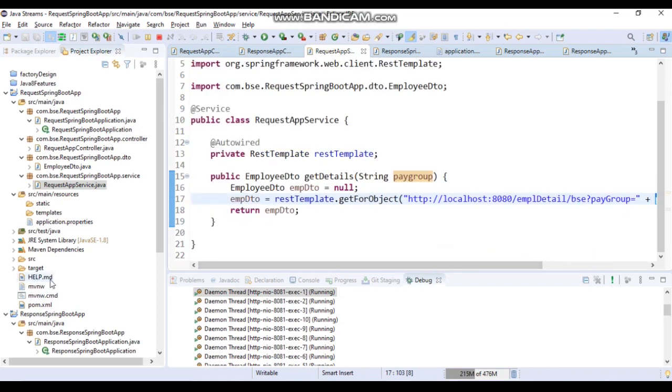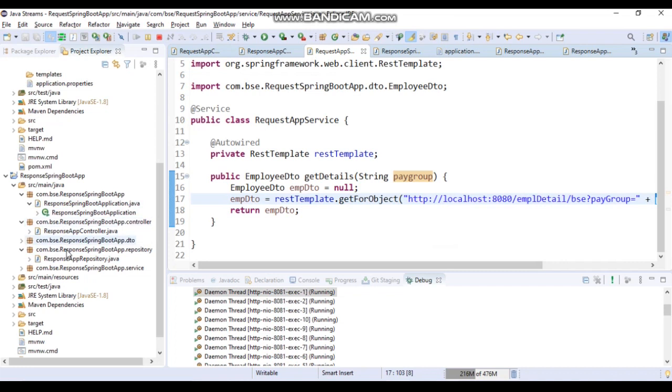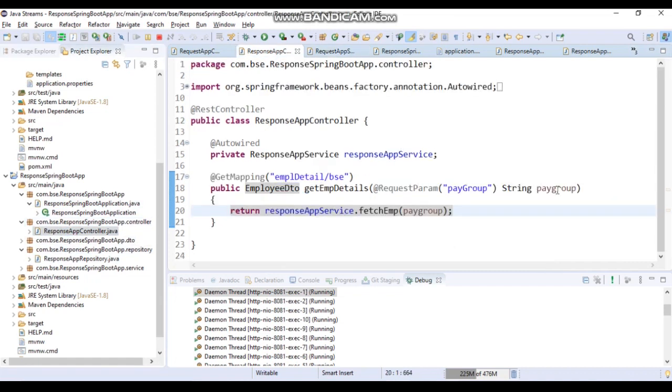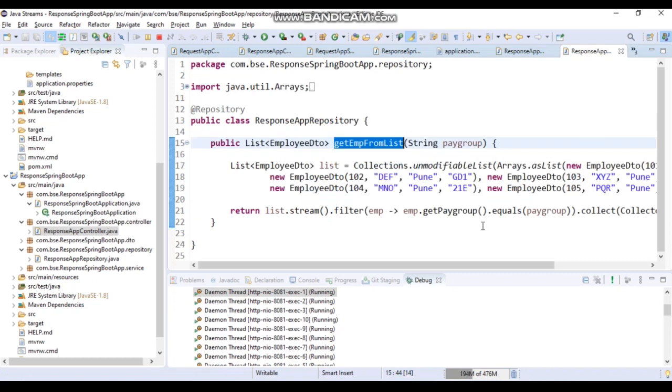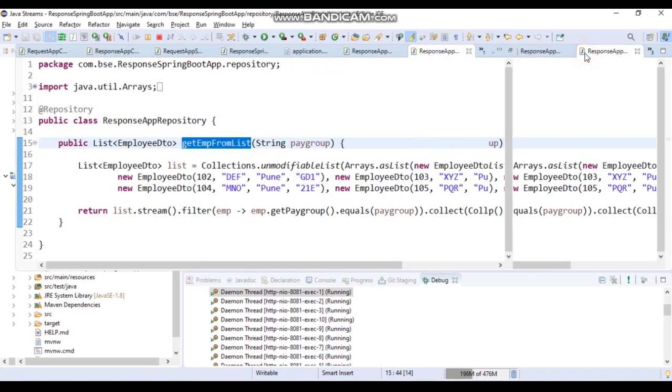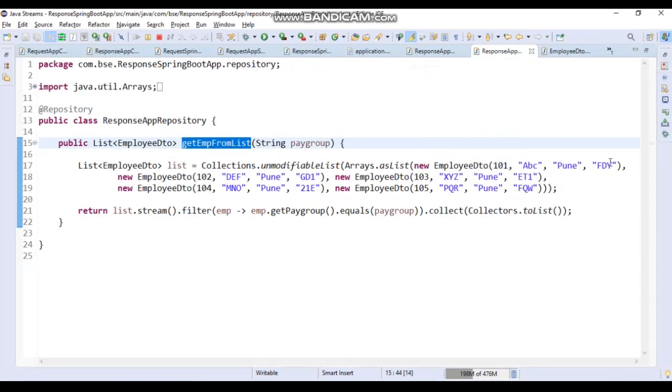Then in the next service, we are using that request param passed in the service URL request, and then I'm fetching the records based on this pay group. We have this service and then this repository, and in the repository I have created this dummy data, and based on the pay group. So this I will show you once again.